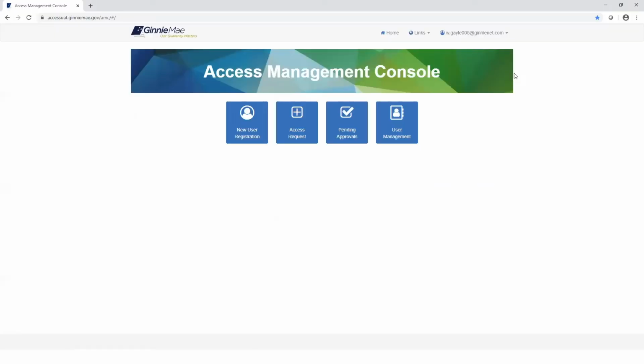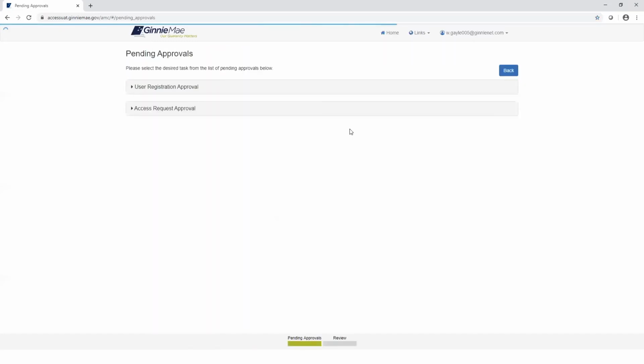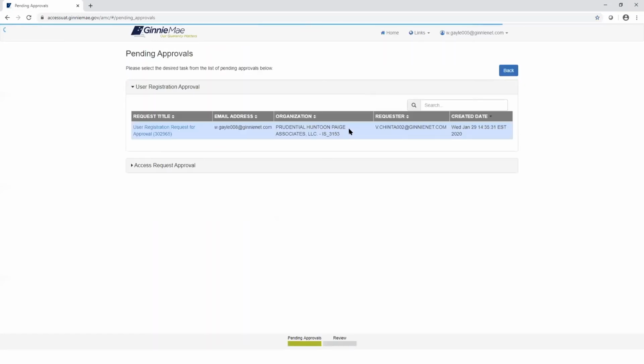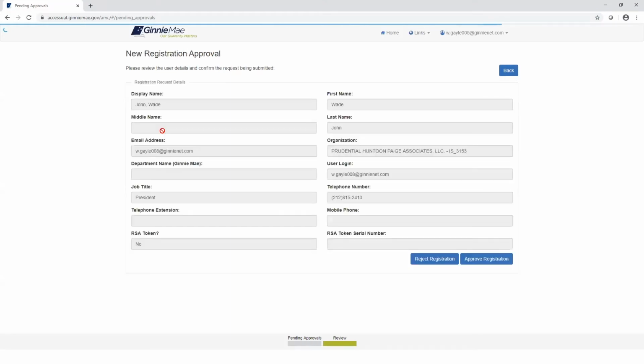We would go to the Pending Approval tile. Here you can see the user registration approval and the access request approval option. And just like we saw earlier, we do have a user that has been registered with the first org admin, and now the second org admin will go in and will have the option to either reject the registration or approve. So you can here verify the detail of the user, and if you are satisfied, go ahead, click Approve